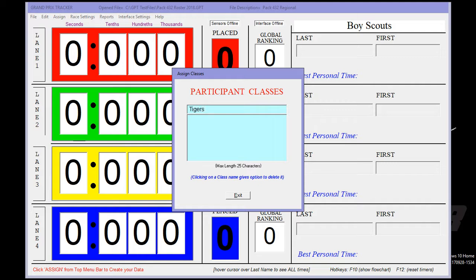So we'll call this one Tigers. I have no idea how these names go, so I'm just going to make some up. Tigers. You can always come back and add to this, edit it. Just whatever, and when you get done,